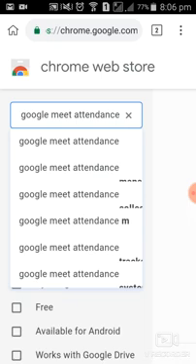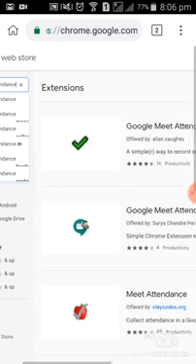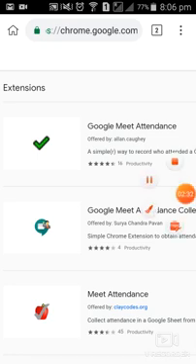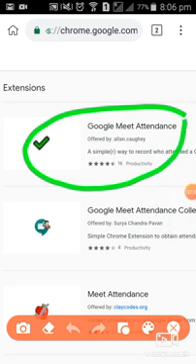And search. This first one is the one we have to select, Google Meet attendance.